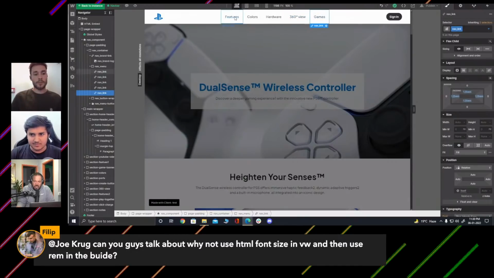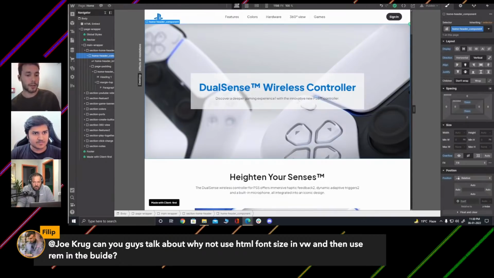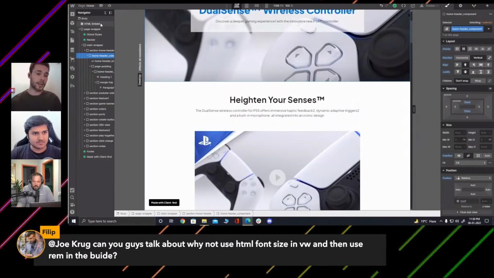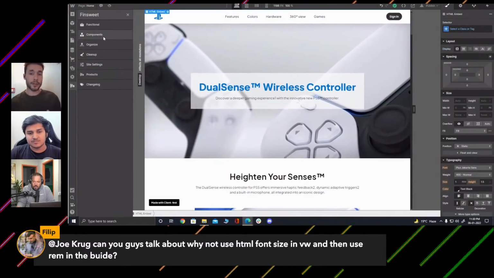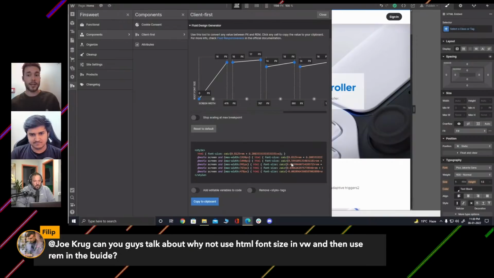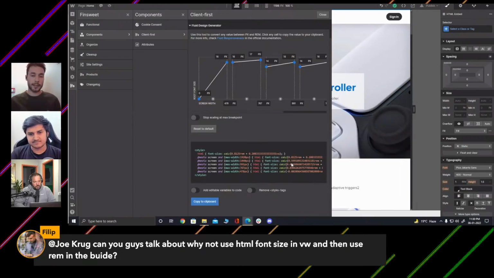Okay, Philip is asking, can we talk about why not use HTML font size in VW and then use the Rems in the build? I'm assuming that is what he is saying there. Yeah. If you use VW in the font size, then you're going to have zooming problems. The reason for that is how the browser zooms. I don't know if we have time for that, but basically, when you're zooming, you're actually just changing the breakpoint size. So if your laptop is set to, for example, 1920, and you zoom in